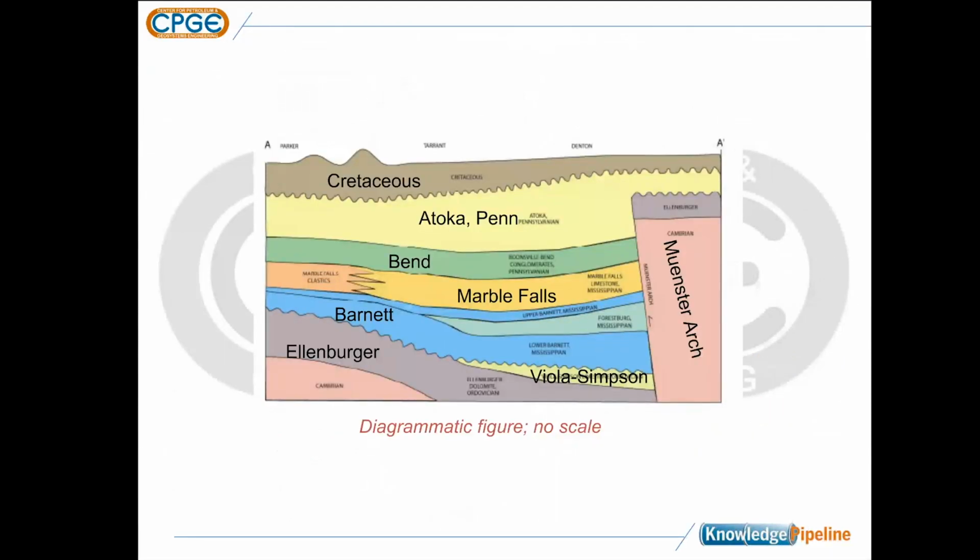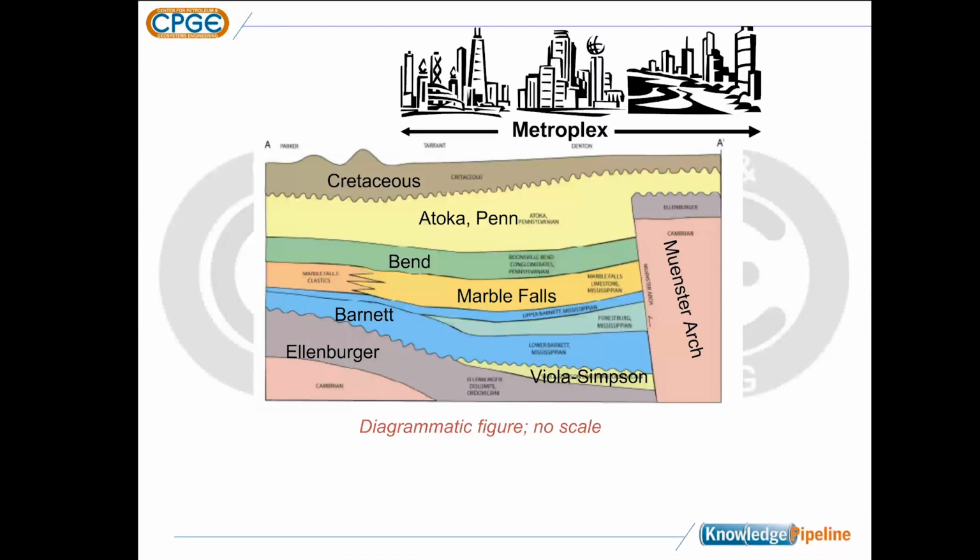Now to schematically show what's going on, this is a cross-section of the geology. There's the Dallas-Fort Worth Metroplex, and the oil and gas is being produced from a strata called the Barnett Shale. And there's gas in the Barnett Shale, but the Barnett Shale is very impermeable, so if you drilled a well down there, not much gas would flow out. But if you frack the shale, that is, you let off essentially an explosion in the shale, that increases the permeability, and it allows the gas to flow.